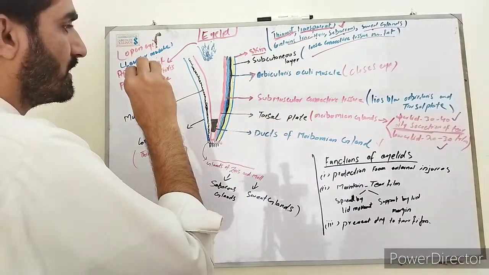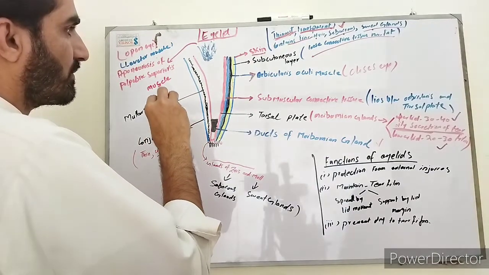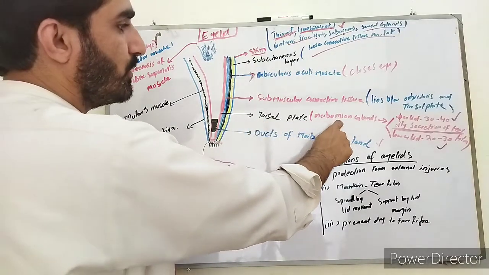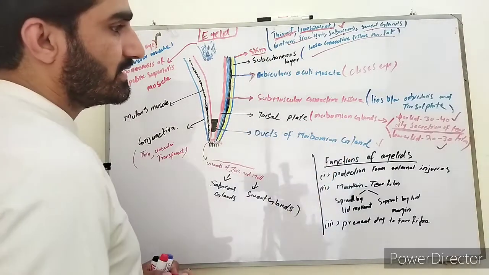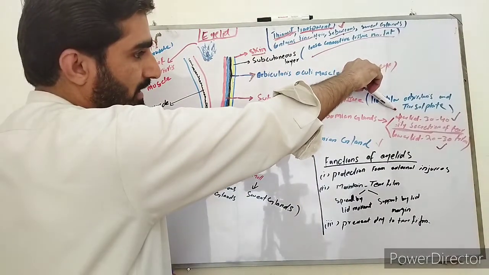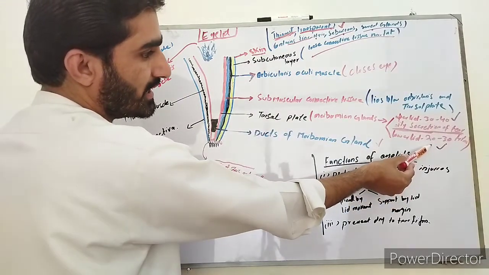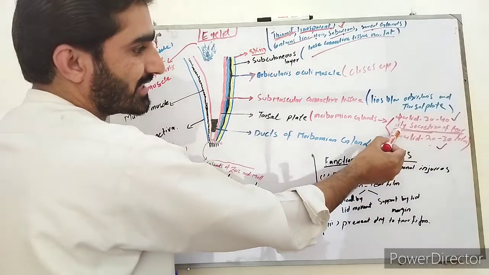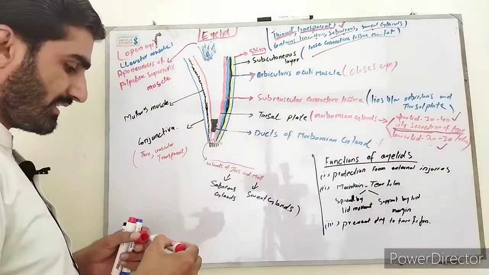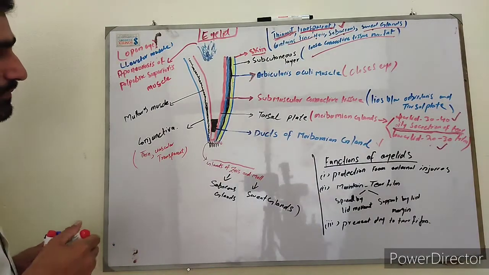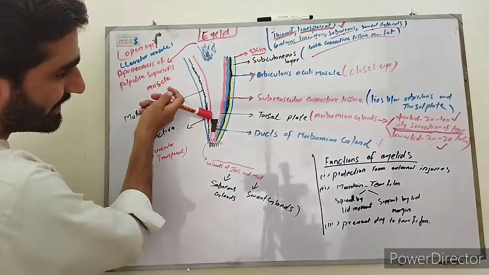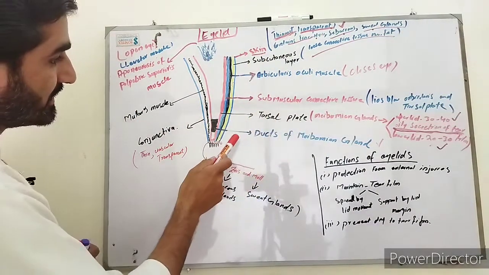I have told you this is the most important part of the eyelid because it contains the meibomian glands. These meibomian glands are 30 to 40 in number in the upper eyelid, and 20 to 30 in the lower eyelid. These secrete the oily secretion of the tear film. In the lower part of the tarsal plate there are the ducts of the meibomian gland, which I have already explained.